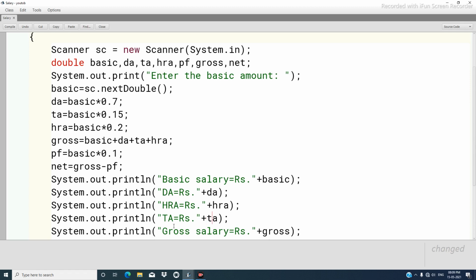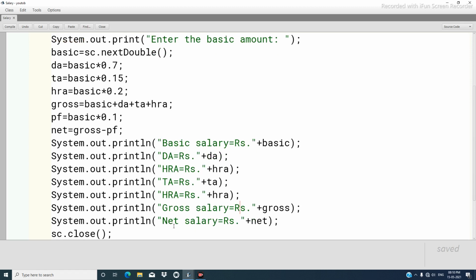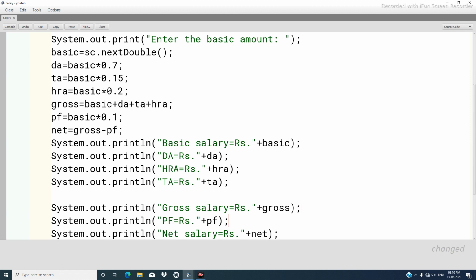TA is this, and the PF, that is a deduction, remember. PF, that is provident fund is this, and the gross salary and the net salary. So let us put this PF over here. This is not the right place. After the gross, we put the PF.